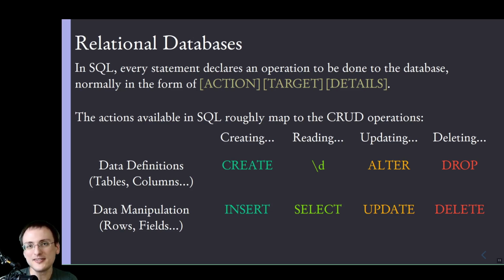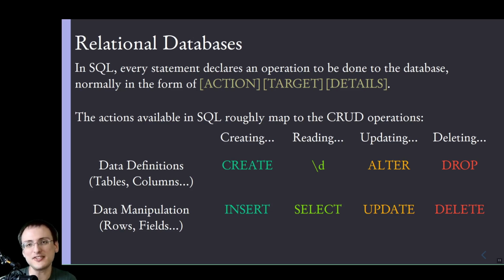So in SQL, this roughly maps to all of the same CRUD operations that we did for our endpoints: creating, reading, updating, and deleting. If you remember with endpoints, we had HTTP verbs that let us communicate this, like get when we wanted to read some information, or post when we wanted to create something, put when we wanted to update it. In the same way, pretty much every SQL statement that you write will start with a verb,